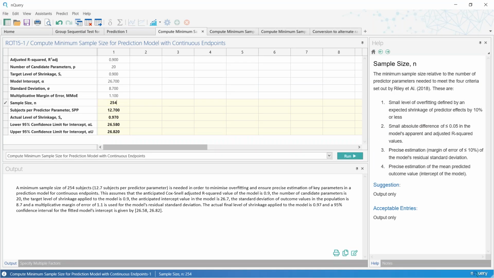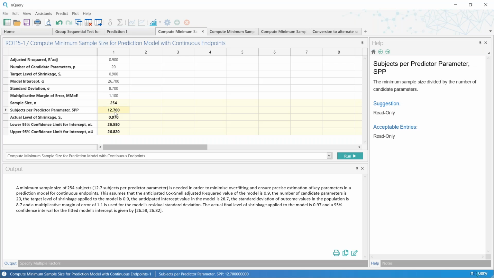In this case, I believe it's the 4th criteria, the optimism adjusted sample size. I think the shrinkage one actually ends up with the same sample size as well. And you can see here that's around 12.7, around 13 people per predictor, which is a little bit above the 10 per predictor rule used traditionally, albeit that's for logistic regression, but I assume it's similar for linear, or people have transposed that to other models erroneously. You can see that the actual level of shrinkage is a little bit higher than the target level of shrinkage,